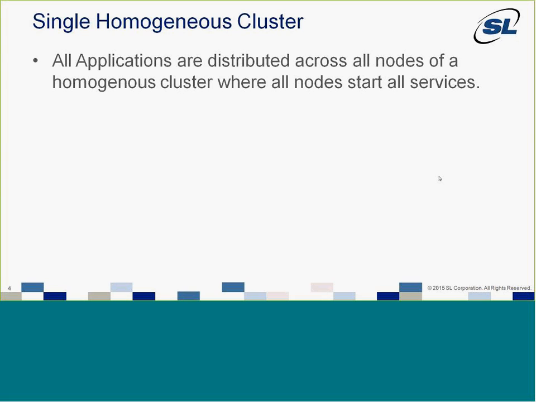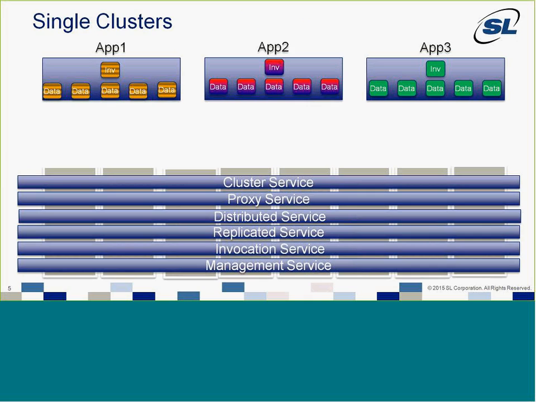So we're going to start with the first option, and this was originally the main way of doing it, which is we're going to create a single homogeneous cluster. Every cluster is going to run on the same hardware. They're going to share the same services. All the applications are going to use the exact same data across multiple different items. So here's just an example of it.